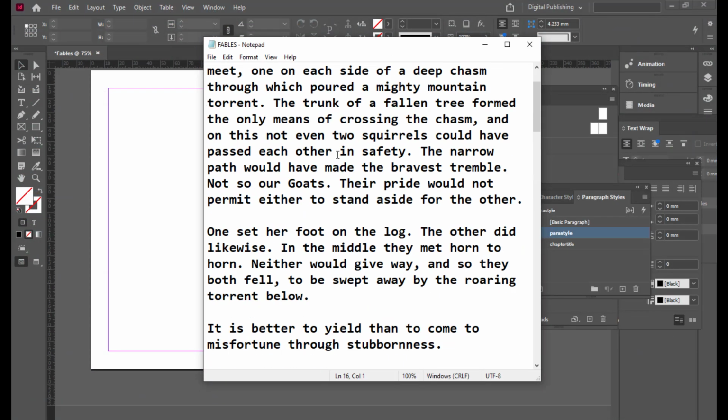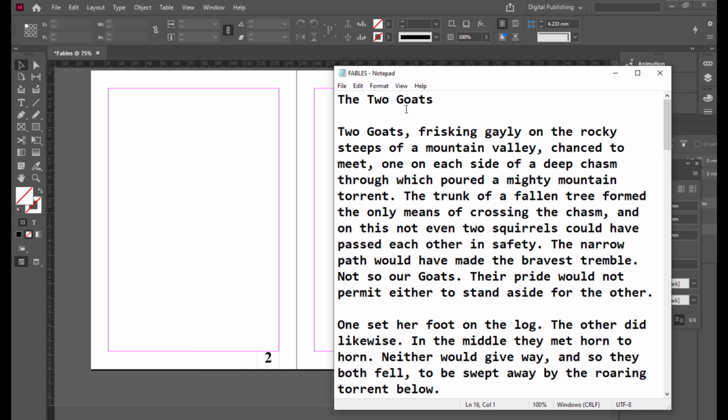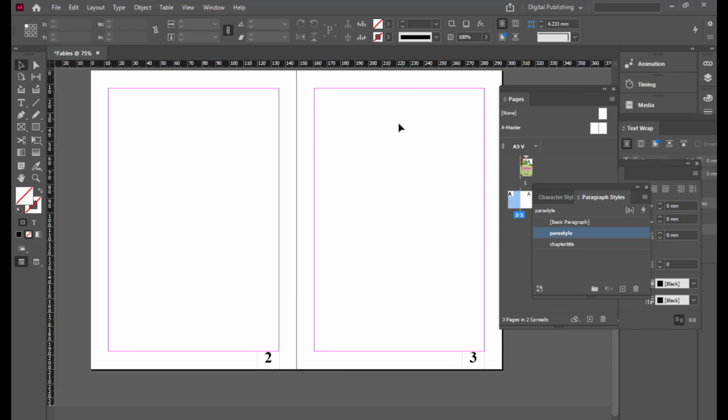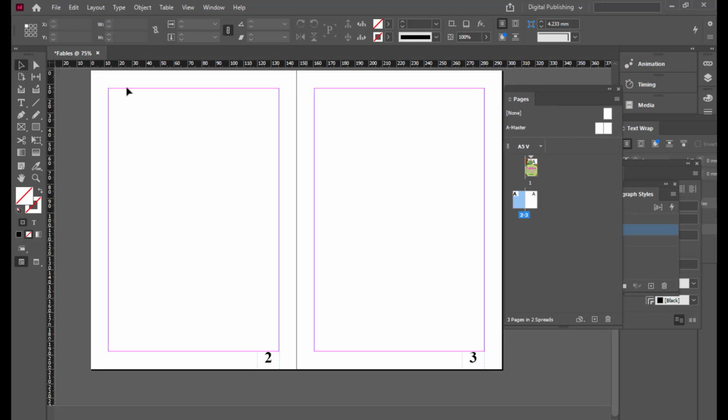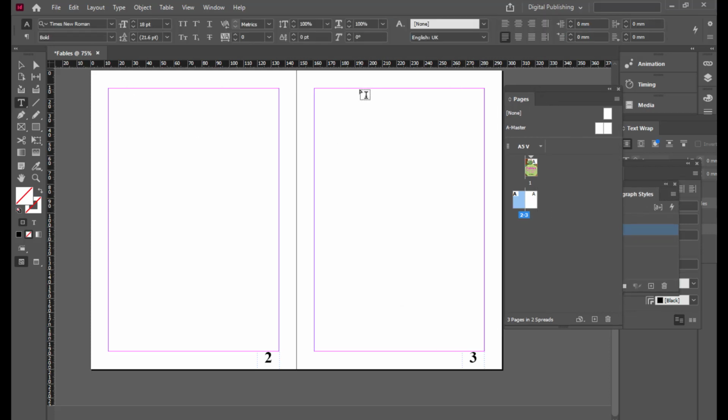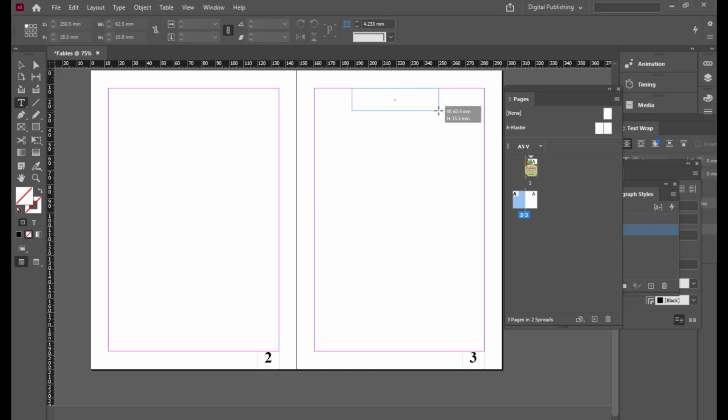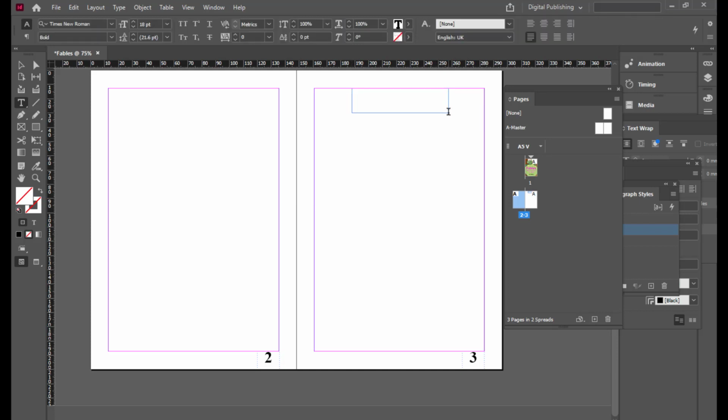So we have the first story, which is the two goats. The title of the story is the two goats. We'll be starting with the title and the story from page number 3. What we'll do is, first we'll create a text block, and then we will simply type